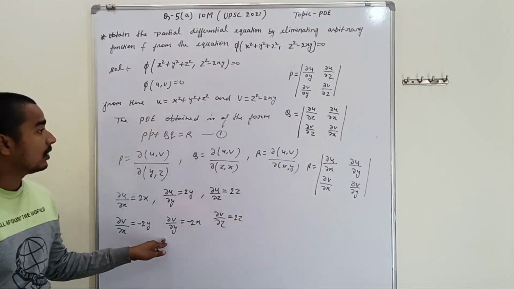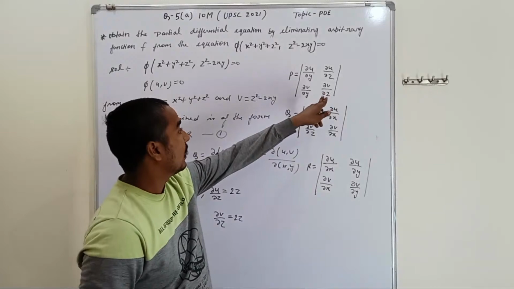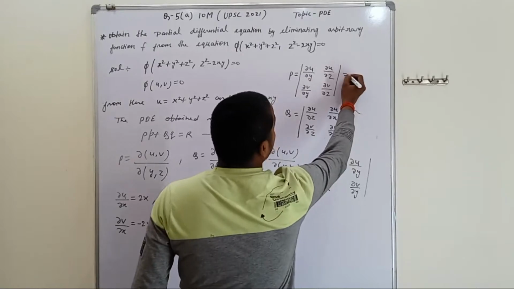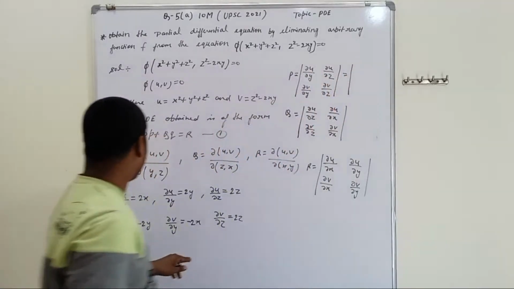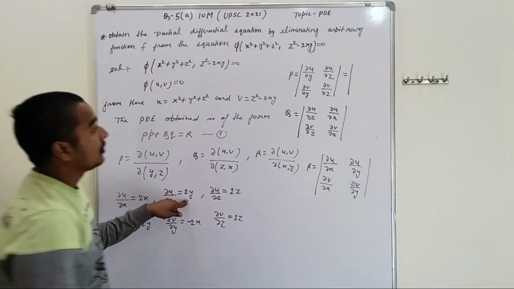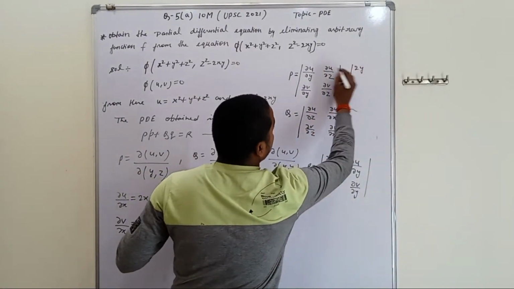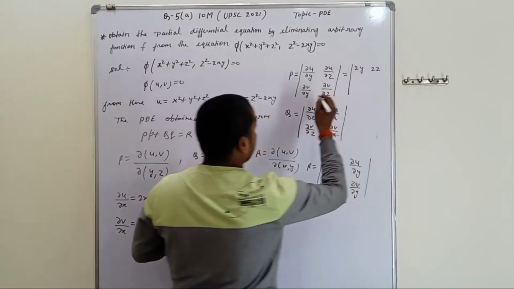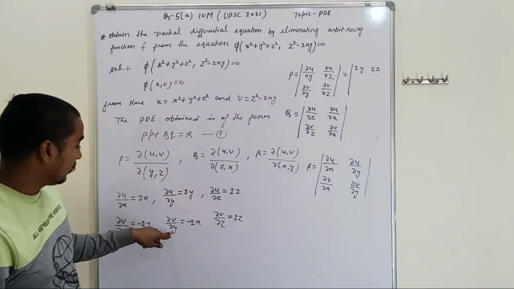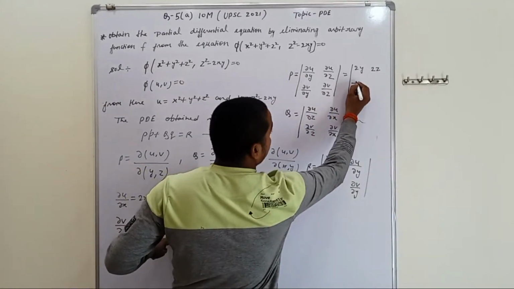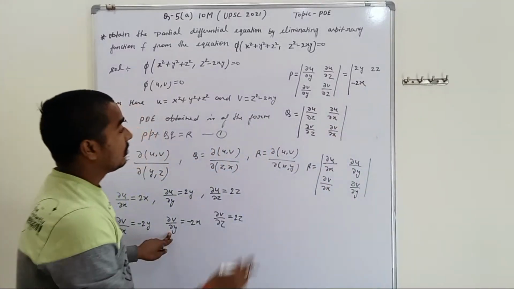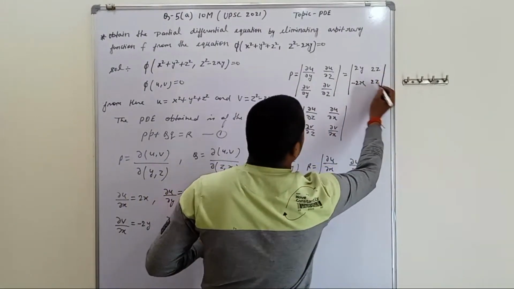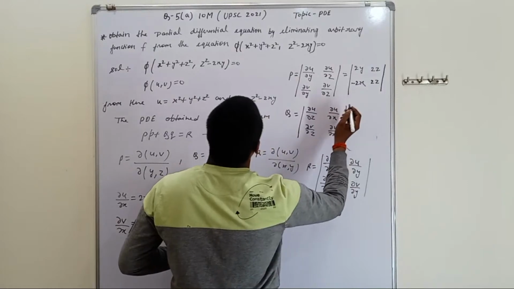We have to put these values in the given determinant and find the value of P. First we put the values in P, that is del u upon del y is 2y and del u upon del z is 2z, and del v upon del y is minus 2x and del v upon del z is 2z. On solving, once again,